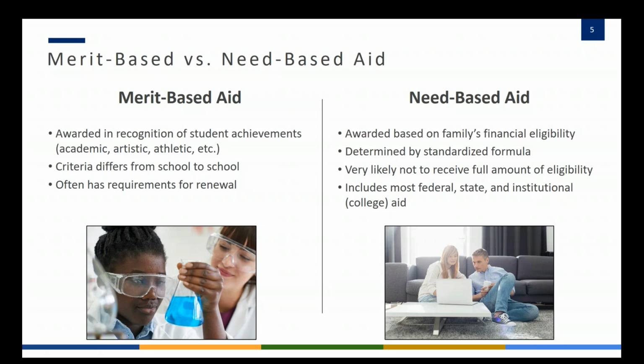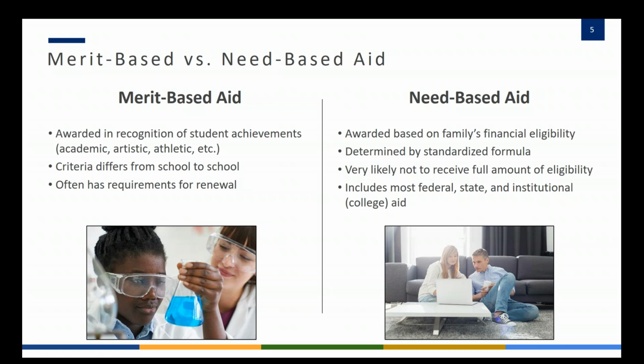So just a quick review of financial aid and the different versions that financial aid can be packaged on an award letter. First, we have merit-based aid, which is typically a scholarship of some sort in recognition of a student's achievements. Most merit-based aid that's given out is based on the overall admissions application and their academic performance. Of course, there are sports and athletic scholarships, artistic scholarships, music, things of that nature, but most of the merit-based aid given out is based on their academic performance in high school.